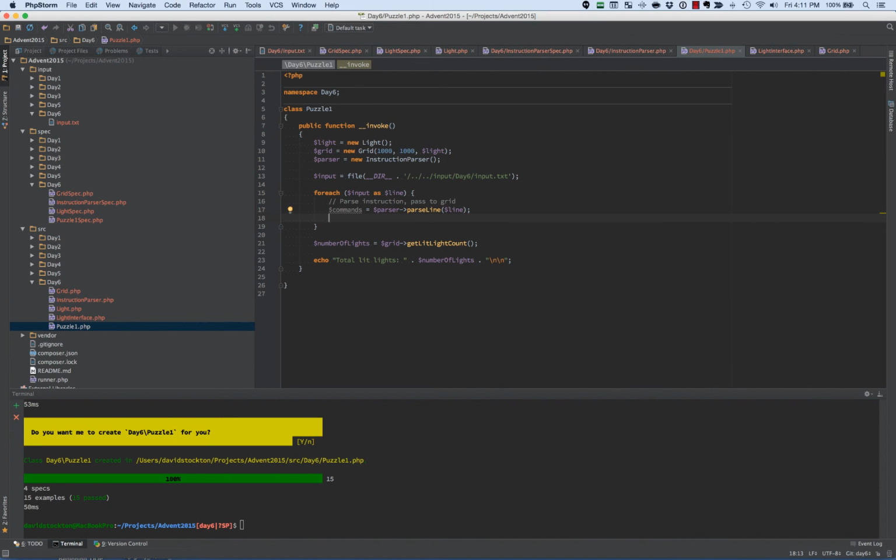And we want to call our bit from grid. So we'll do grid, and we'll do operation, and commands 0, commands 1, commands 2, 3, 4. All right, with that in place, if I look at my puzzle, it says that my answer was